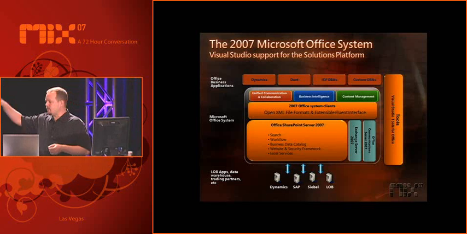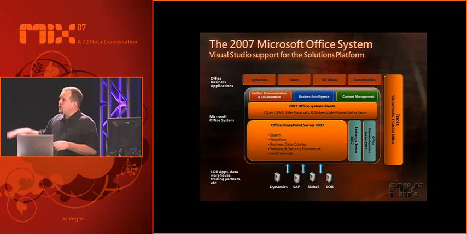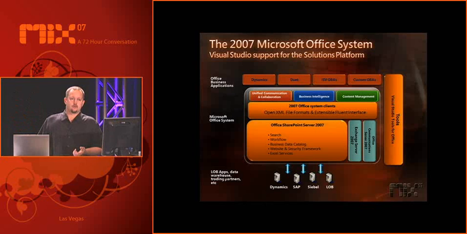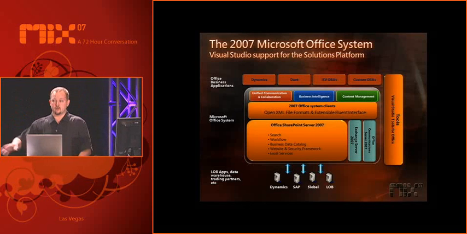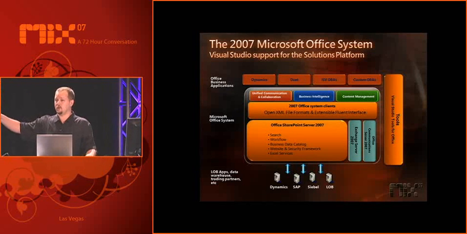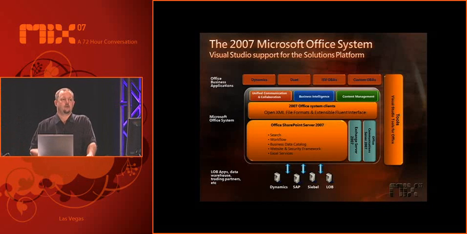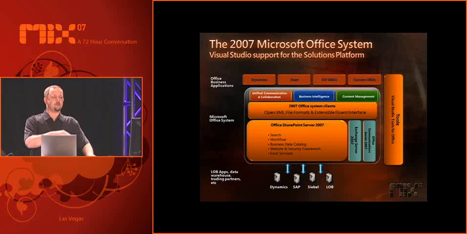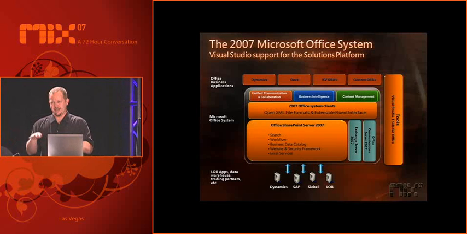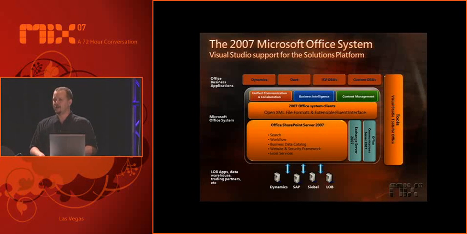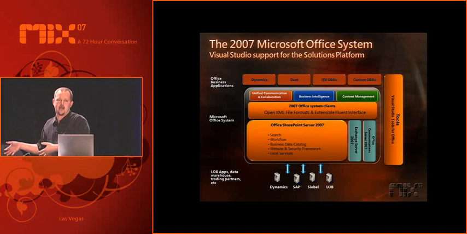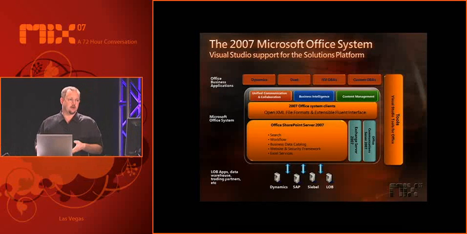And, finally, I have a bunch of slides on it, but we go the full stack with tools. So our tool suite, when you think about building the types of applications that I showed you earlier, is all about Visual Studio. Specifically, Visual Studio Tools for Office. And if I have to be precise, it's Microsoft Visual Studio Tools for the 2007 Microsoft Office System 2005 Second Edition. Now, if anybody can repeat that multiple times at 8:30 in the morning in Vegas, I would be very, very impressed. But the thing is that our tool stack is so sophisticated now for building Office solutions.